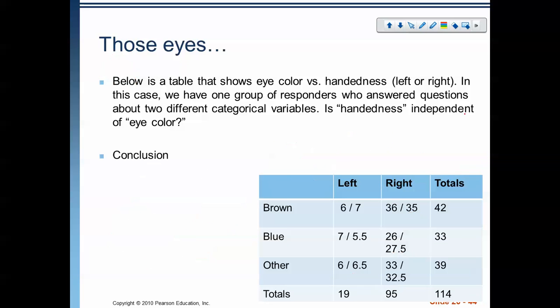And finally, let's talk about our conclusion. Our conclusion is based on our p-value. Remember, the same thing applies here. We take our CRAPS. We talk about context. We reject or fail to reject. We assume a significance level, and we state our p-value. So my conclusion for this is going to read as,